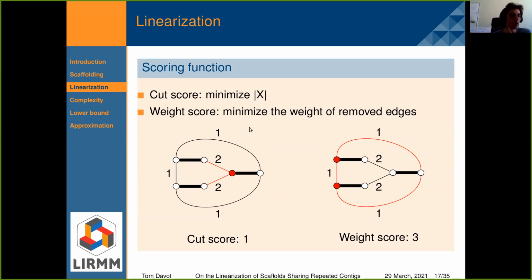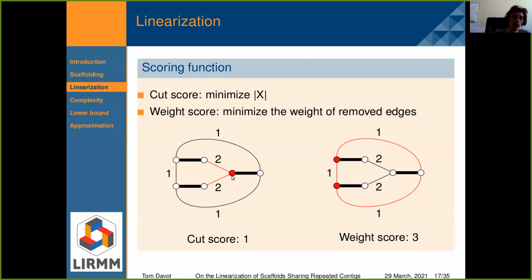We also can see several scoring functions. So we have the cut score, where we want to minimize the number of cuts, and the weight score, where we want to minimize the total weight we have to remove in the graph. So for example, in this graph, if I want to minimize the cut score, then I just have to cut this vertex. So I remove these two edges here.